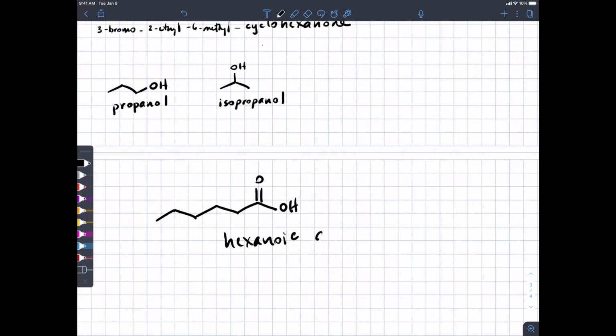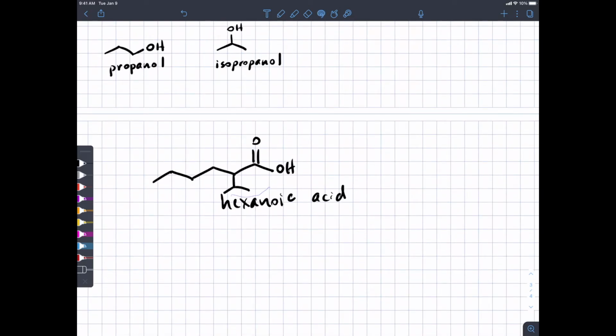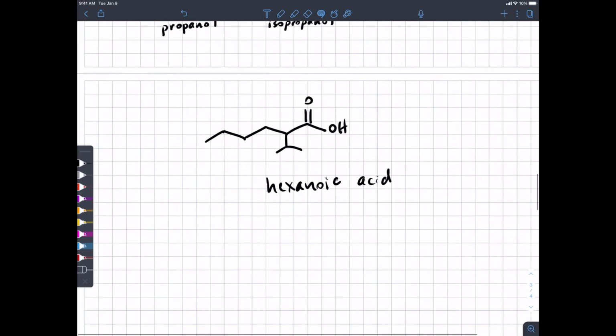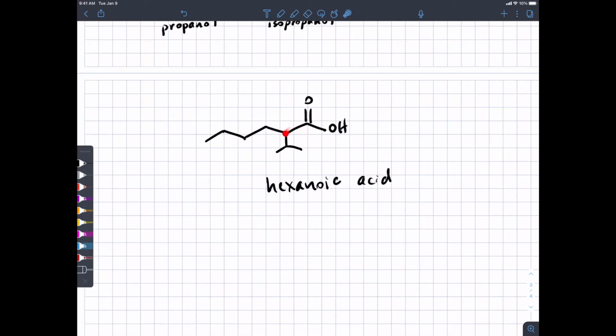sometimes people will, suppose I had that group there, sometimes it's simpler. There is a way to name a substituent that itself is branched, and it's complicated, so we're not going to worry about it. But sometimes people will look at that and say, oh, it's a 3-carbon group, but it's attached via carbon 2, so we can call that 2-isopropyl